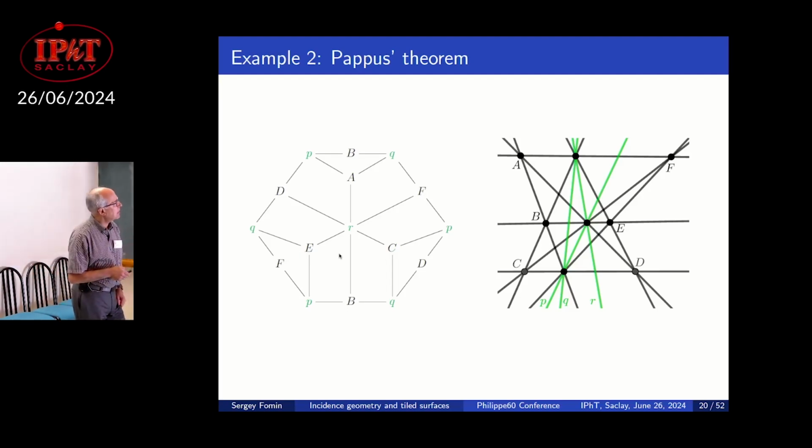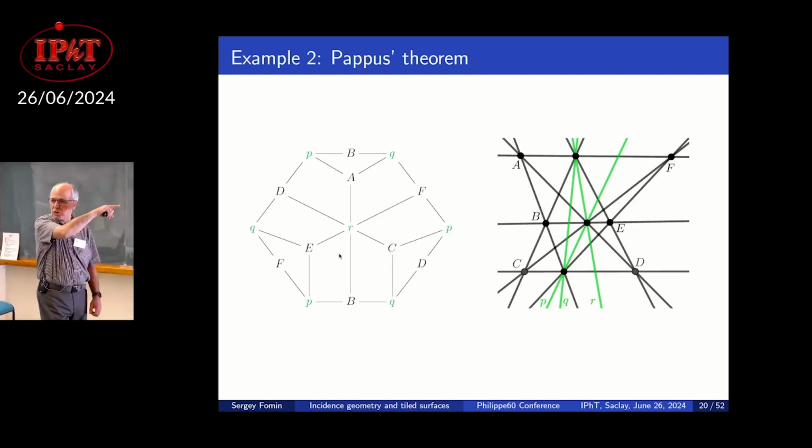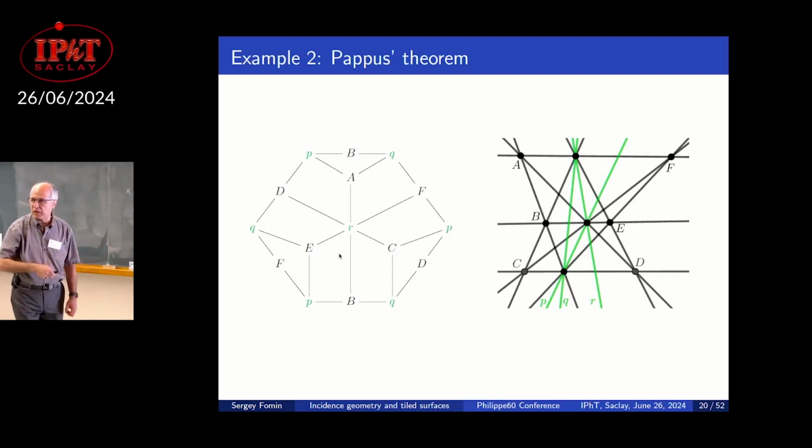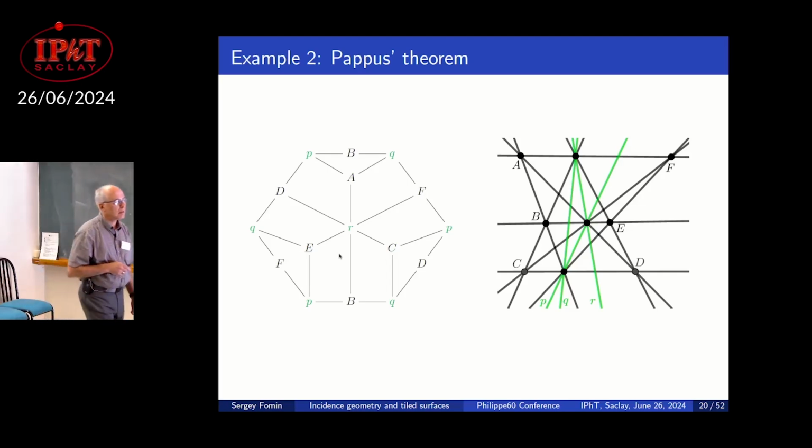So for example, this tile AFQR, Q and R intersect where? Q is that one, R is that one. They intersect here, and QR and AF, AF is this. It goes through that point. Magic. Okay? And you check that these 9 conditions for the 9 tiles of this quadrangulation exactly correspond to the 9 lines. Yes? Sergey, I have a question.